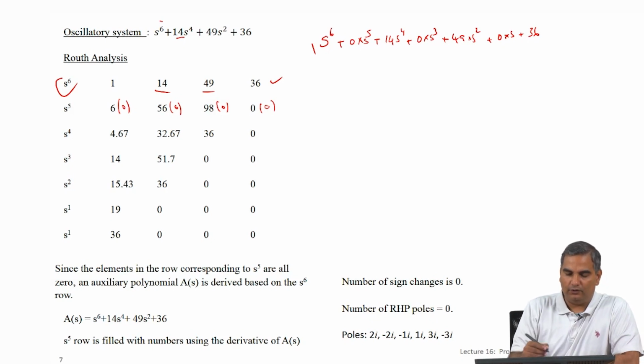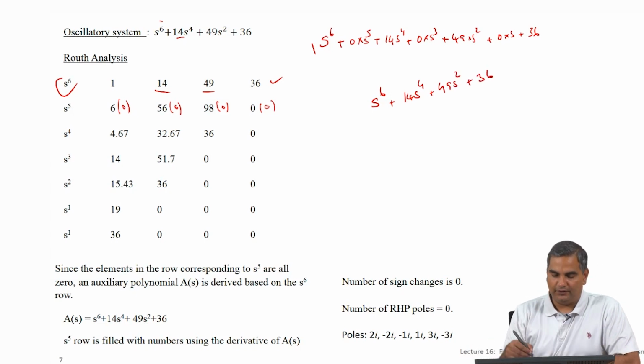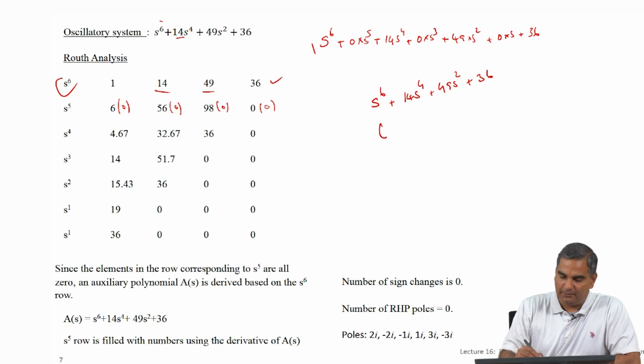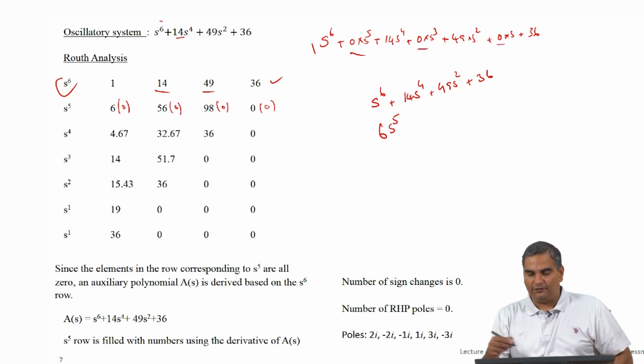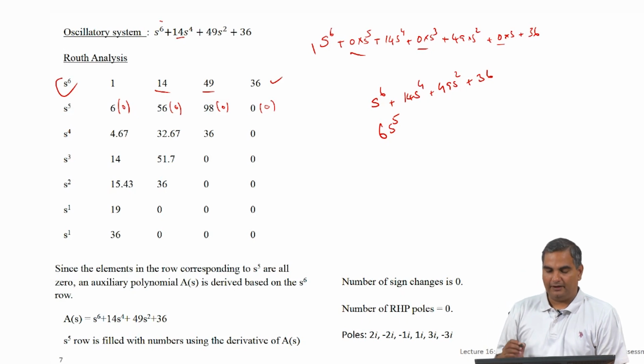So, the way we are going to do this is we are going to take this polynomial s power 6 plus 14 s power 4 plus 49 s squared plus 36. Okay, so we know if we differentiate once I will get the s power 5, s cube and s term. So, we differentiate once and then this will become 6 s power 5. So, this is just a procedure, I am not telling you why you should do this, but I am telling you by differentiating this you will get these terms which were 0, so that you can actually fill that out in the table. And the reason why it works is beyond the scope of this class, but this is a procedure that you can follow.